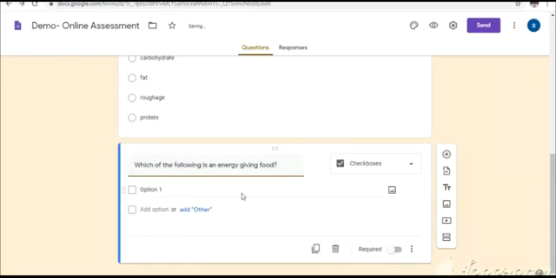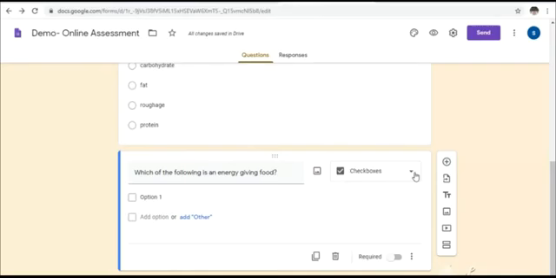For this question I am selecting the various question types using this tab. So the next question I have given like this, and I have selected checkbox. So let me give the answer.